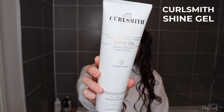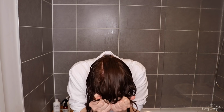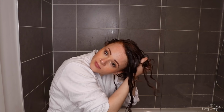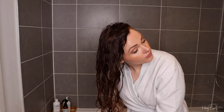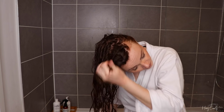Now I'm going in with the Shine Gel to seal it all in place. I'm just glazing it over and scrunching it in and then flipping to the other side and doing the same to allow movement in my roots once it's dry. And finally I'm flipping to the other side and doing the same. Now I'm going to diffuse my hair dry and I'm safe in the knowledge that my curls are protected from